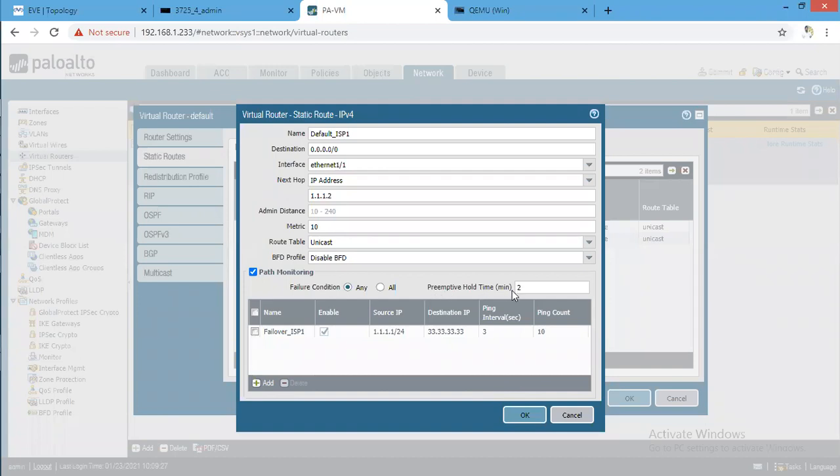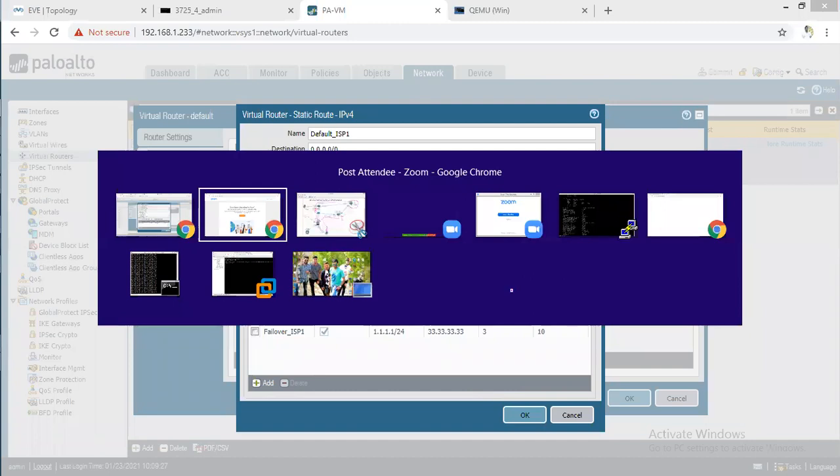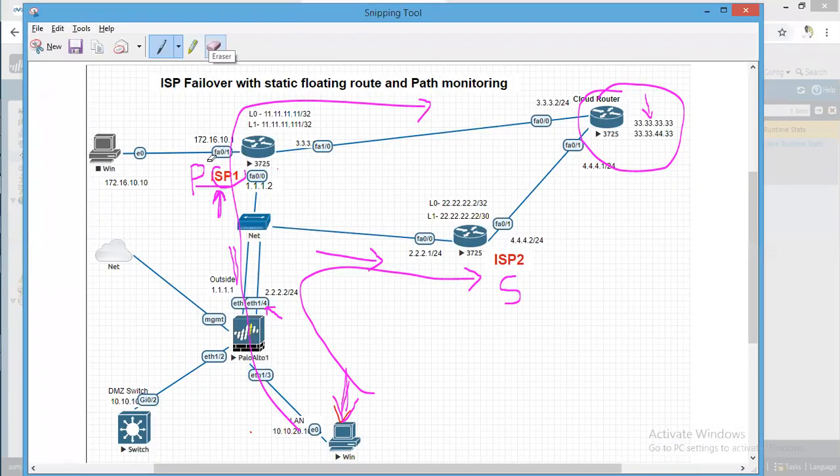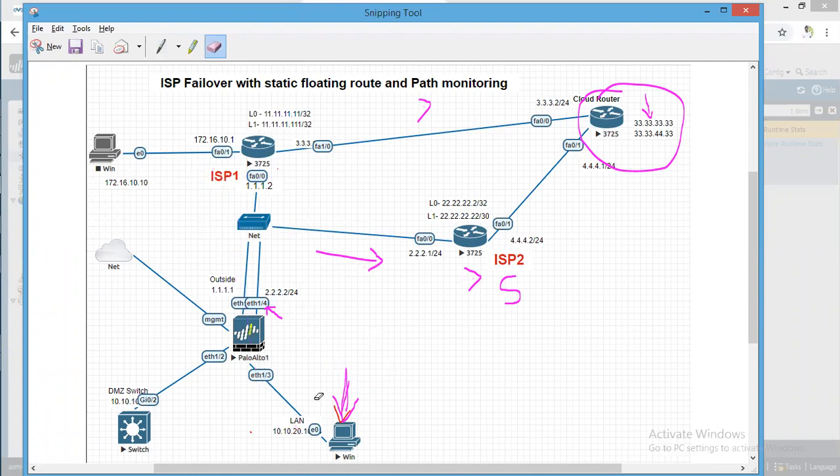Preemption is by default enabled. So what preemption does is, when Palo Alto marks ISP1's route down in its routing table, it will start forwarding the traffic via ISP2.